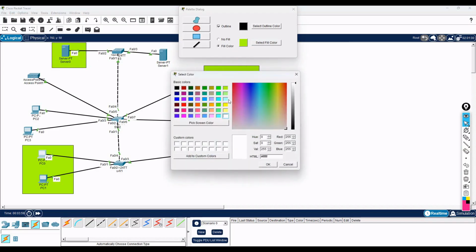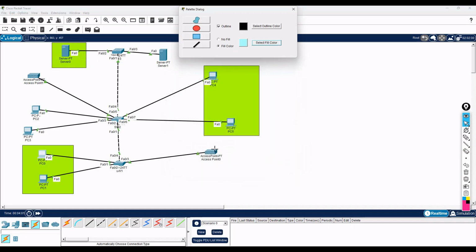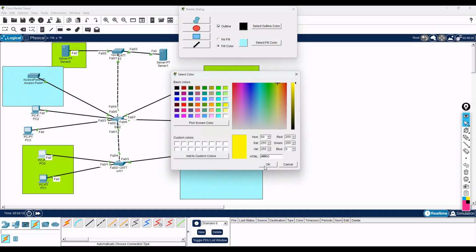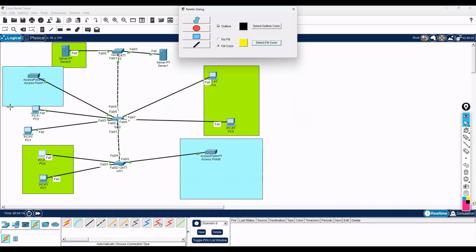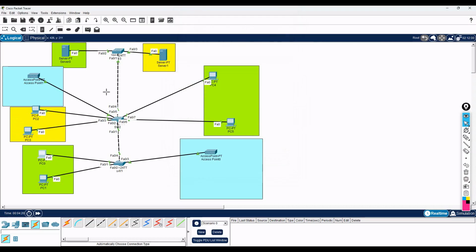And then I will change the color here. For example, this one, I will put the guest users in this VLAN. So whatever guest or subcontractor comes to our company, they can access this VLAN. And what else we have, we can say one more VLAN. So I will take this color to differentiate, and here I will take this one, and here I will put this server here. So like this I am done, I can press the Escape key from the keyboard, so it will remove,